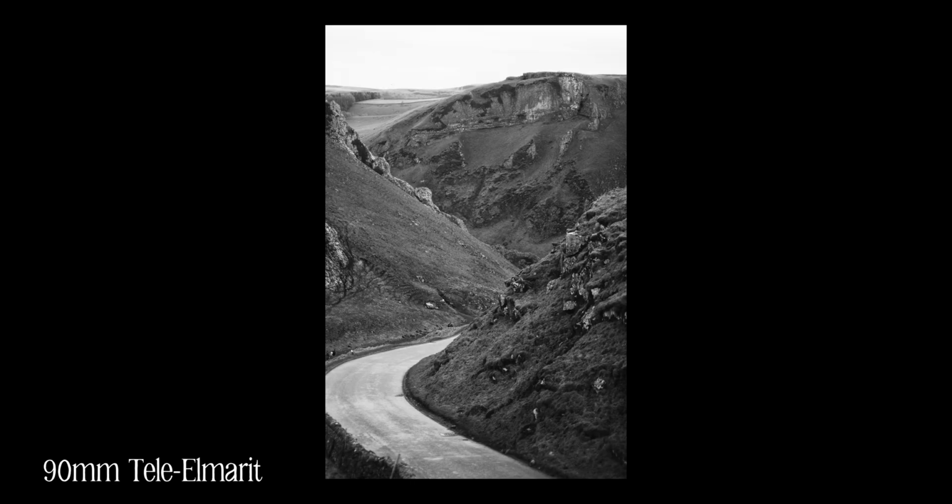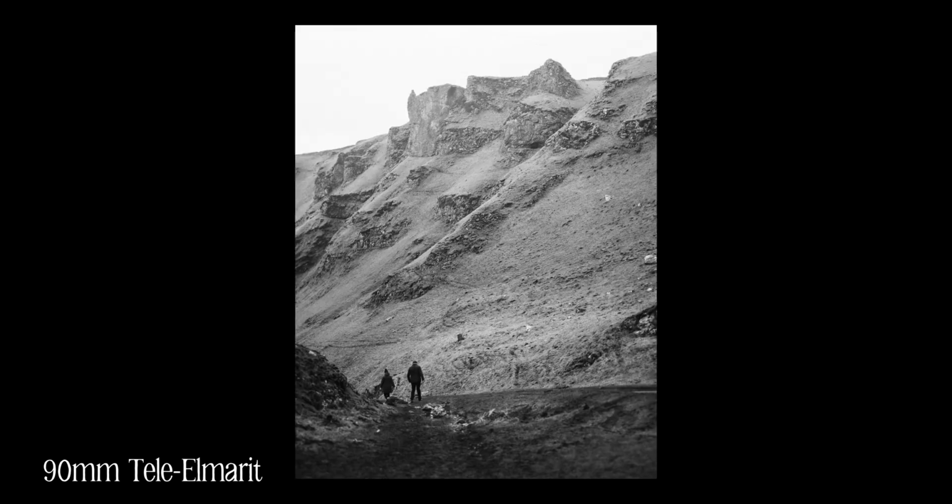And I took this photo down into the pass, and the results just kind of blew me away. It was like, oh, I found what this lens is for, and I found what I love about this lens. All of a sudden it was my go-to lens for like 2 or 3 weeks. But